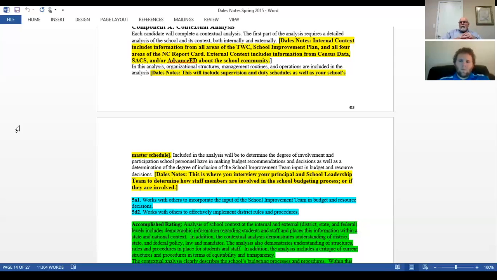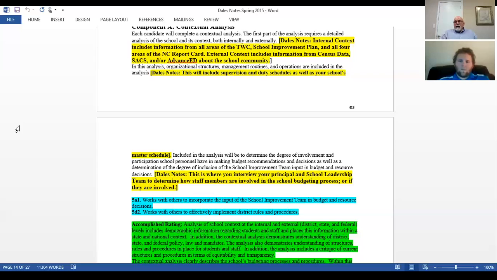So what they're looking for you to find out is, does your school in fact marry those two? Is there congruency so that whatever the school improvement plan team comes up with, the folks making the budgeting decisions are married to that and commit the resources to carry out that school improvement plan? So you're to go and interview your principal and school leadership team to determine